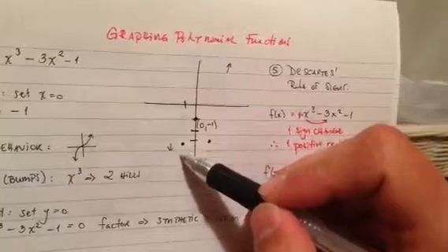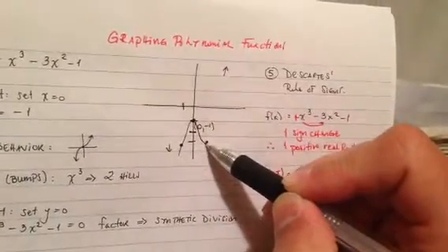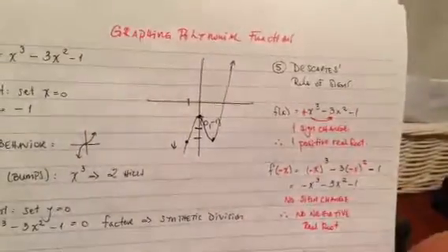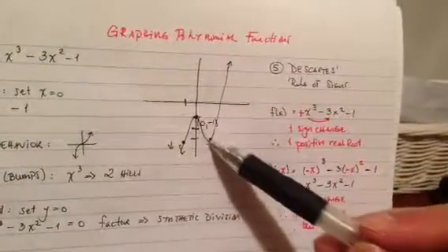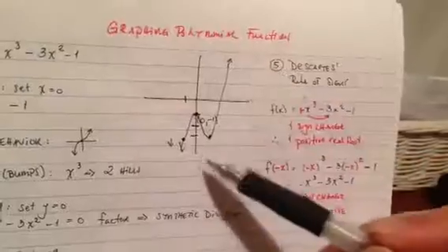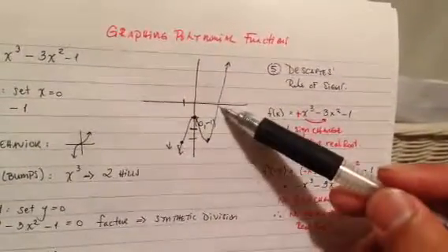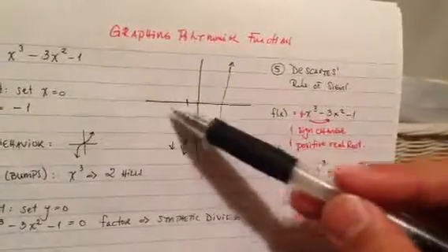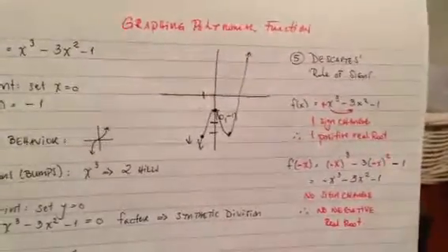So this guy, it passes through here, I think goes down here, goes down, and then goes up. Okay, and you can see here that makes sense because it has two bumps. My end behavior is down, up, and one positive real root right there. No negative real root, that means it doesn't cross this side. And that's a sketch. Okay, so let's go ahead and do one